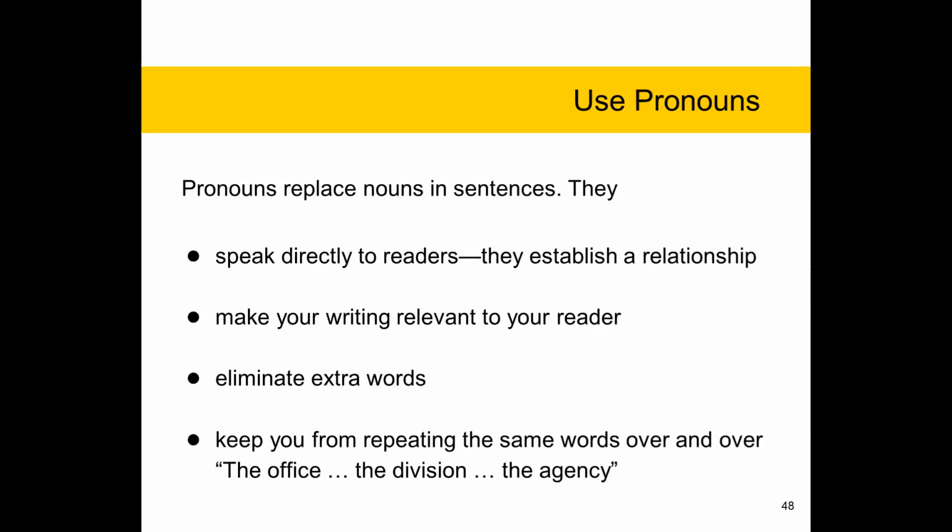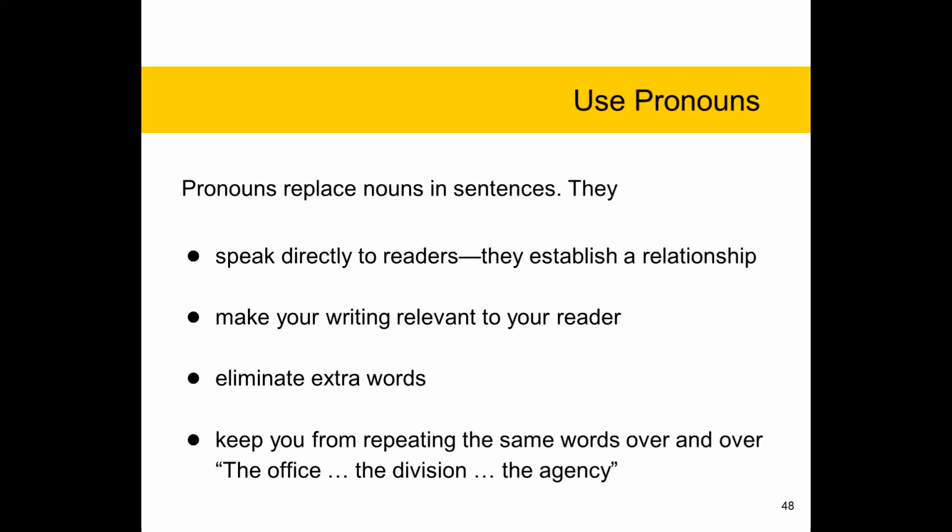It will also help eliminate extra words. It will help you tighten your sentences. Now, I know that tight sentences and paragraphs are not the perfect solution for plain language, but it's one of the things that I see a great deal in government writing. There's a lot of prepositional phrases. There's a lot of longer sentences, and they're sort of writing past their own point. So when I'm editing, I tighten that.